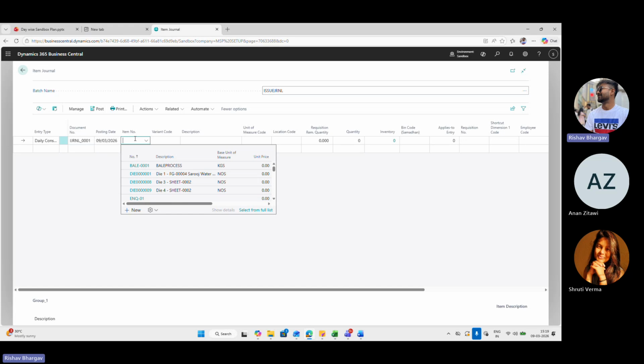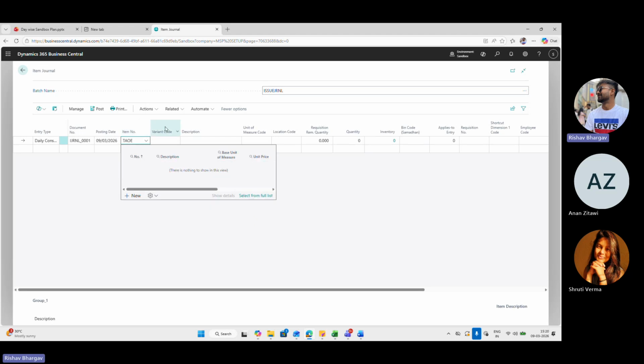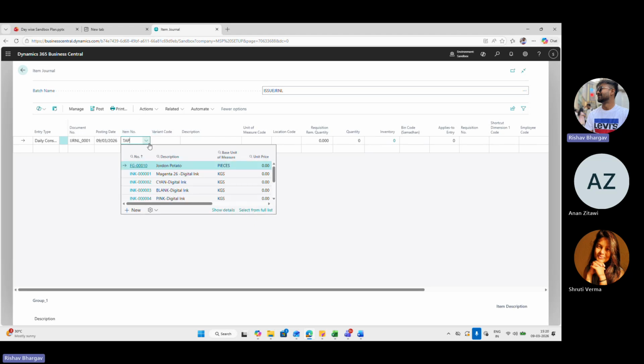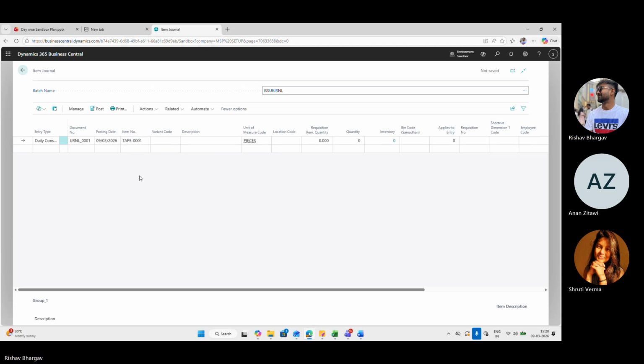We have the process of ink consumption separate and glue consumption separate, but we don't have one for the tape item. So we are taking here a tape item. If there is a variant code, we can apply it here.